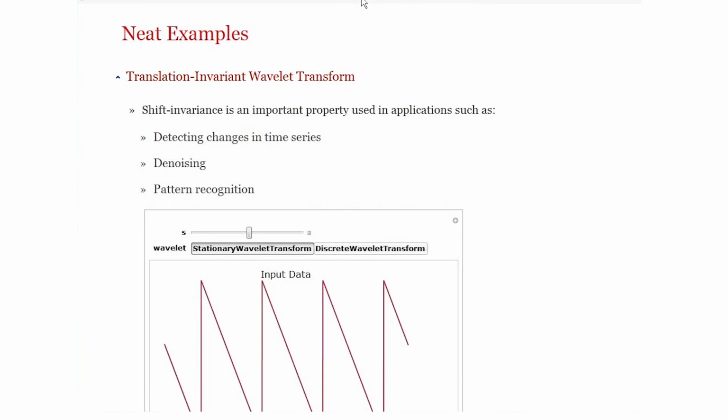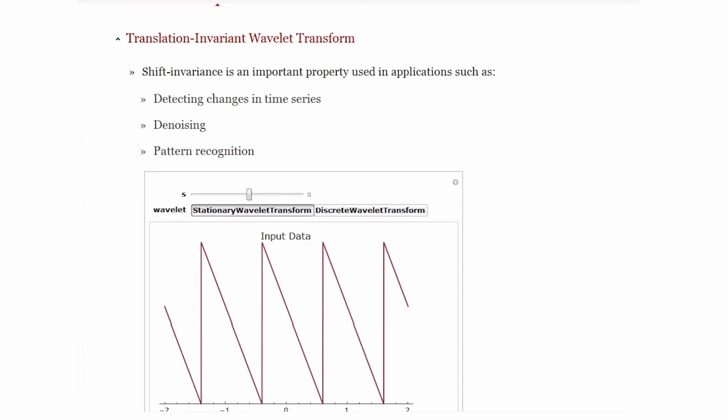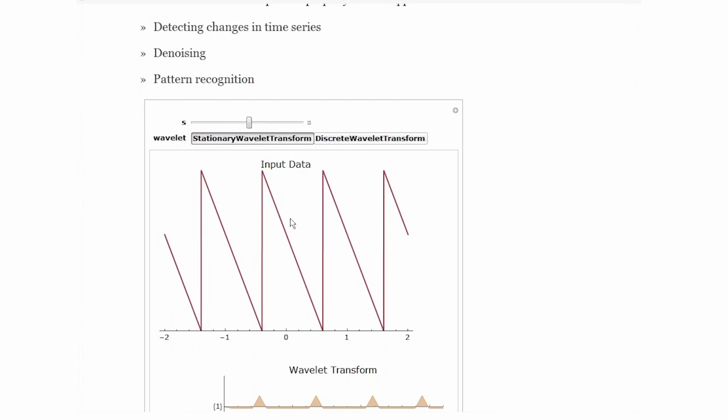Let's look at certain neat examples that are associated with wavelet transforms. One of the most important things that come about due to wavelet analysis is the idea that you can use it for detecting changes in time series, you can use it for denoising, you can use it for pattern recognition. And most of these can be done because certain wavelet transforms, especially the stationary wavelet transform, have the property of wavelet translation invariance, which means that if I were to take a certain signal and move it from left to right or right to left